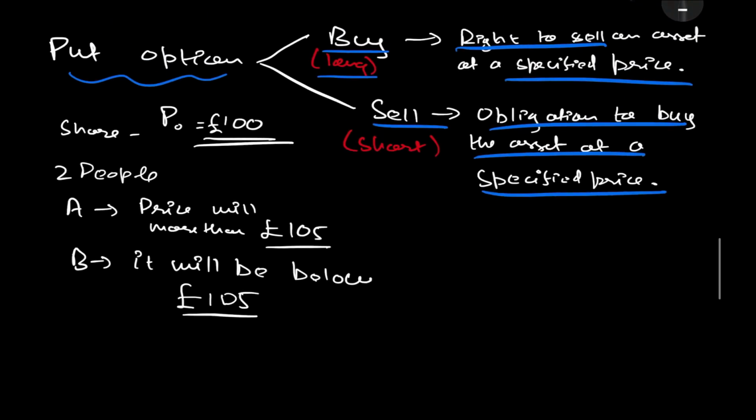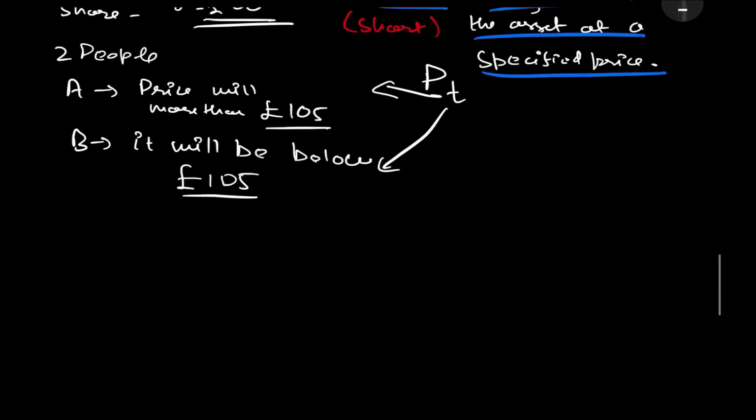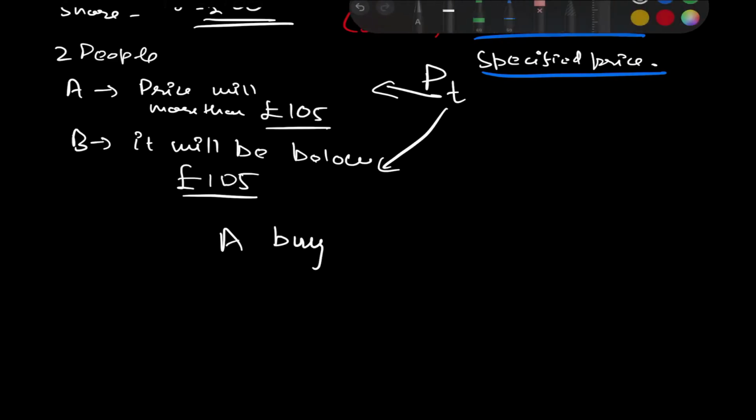Share, the price is 100 right now. Two people believe that at a certain time t, A believes that the price will be more than 105 and B believes that the price will be below 105. Okay, so let's say A buys a call option